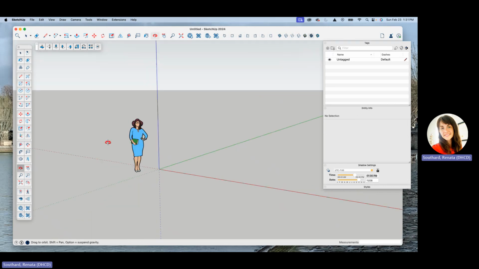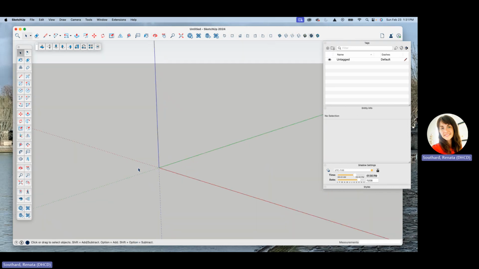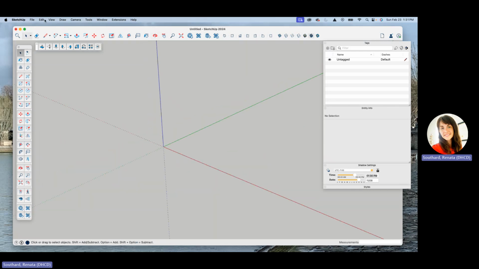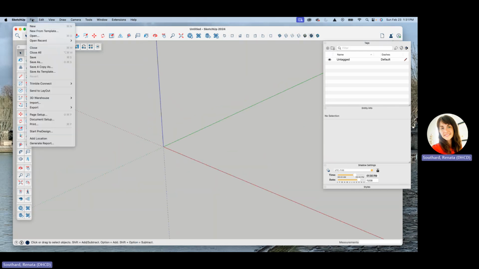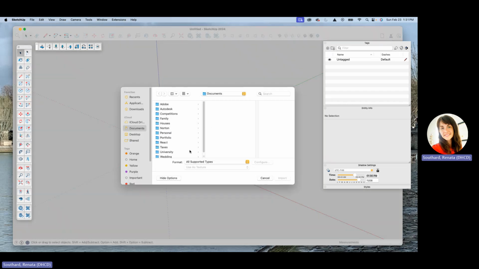SketchUp usually has this little default person in here. I almost always just delete it to start. Makes life easy for me. To start, we're going to go to Import, and mine always defaults to Documents. I've got everything I need in this folder,